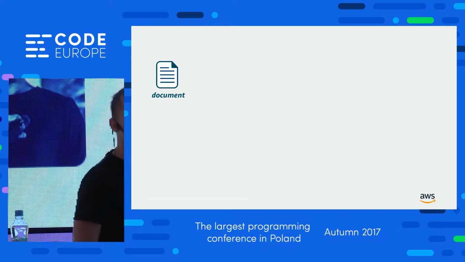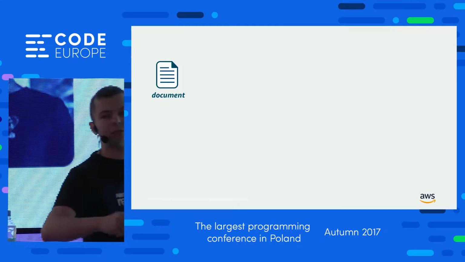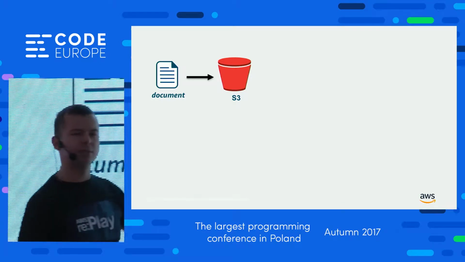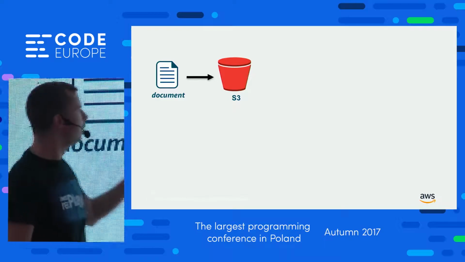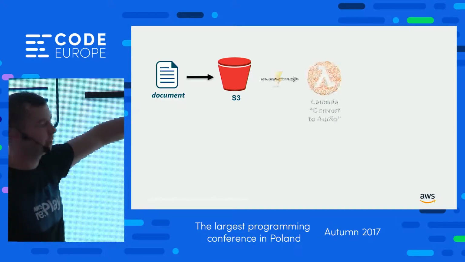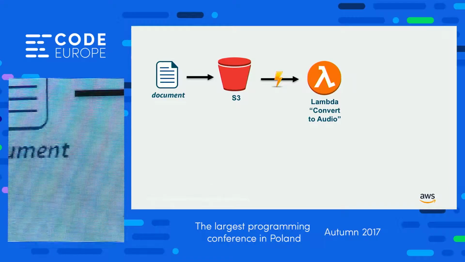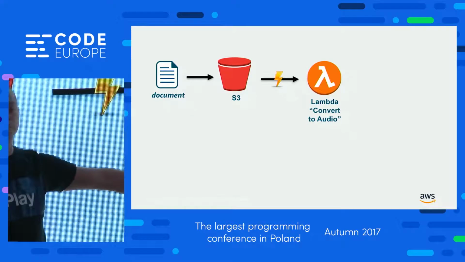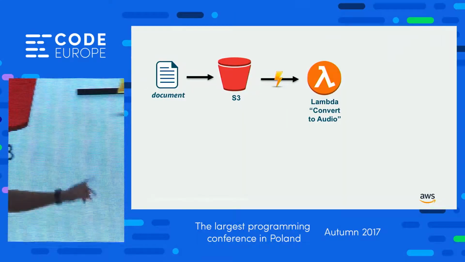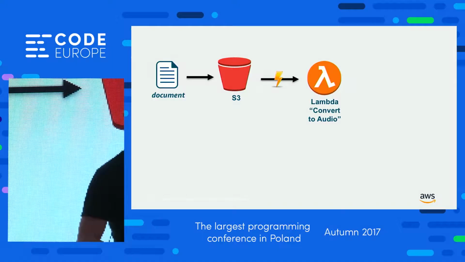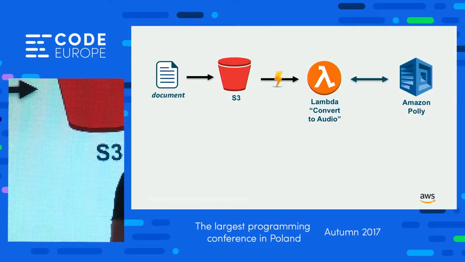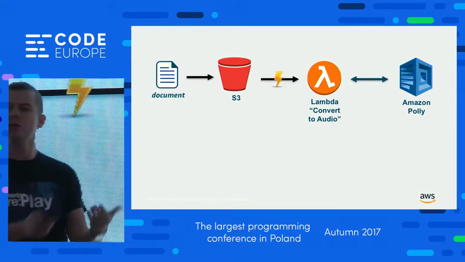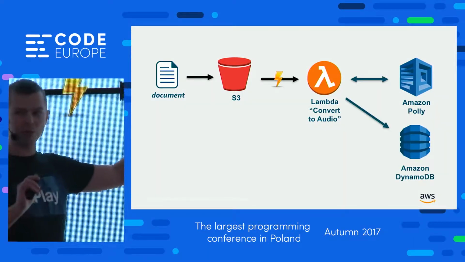We will have a document. This will be a text which we want to convert into an audio file, a flat file. Then we want to put it on S3, because this is our storage, data lake, and so on. Whenever we put this file here, we want to execute our Lambda function, our microservice, which we will call convert to audio. So whenever there is a new file, this will be fired automatically. This is our microservice. It wants to convert text to audio, so it will use Amazon Polly to convert it. So now we have the audio file.